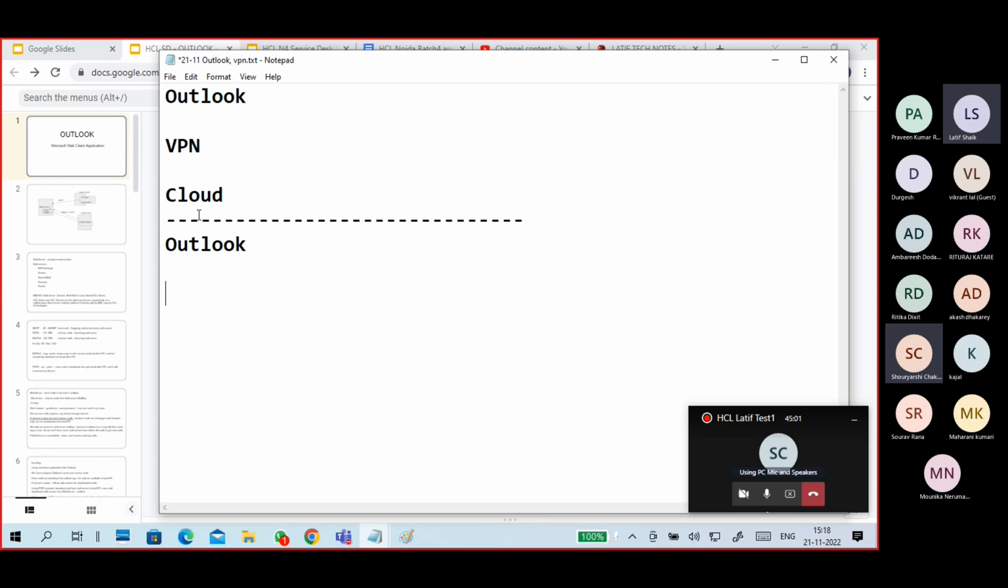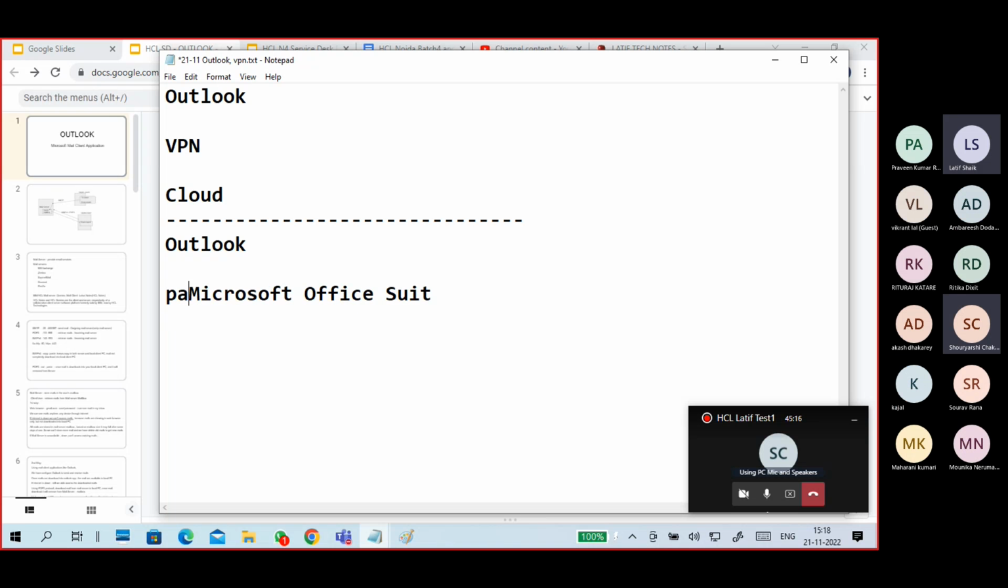Outlook is a part of the Microsoft Office suite. It is an application, a part of the Microsoft Office suite. It is an application like Word, Excel, PowerPoint, and Outlook. Next, Outlook is a